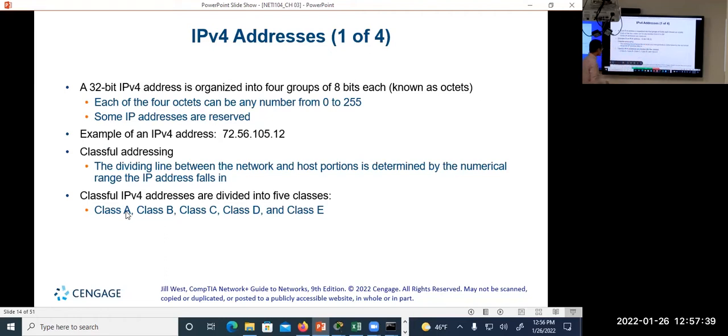For example 56.105.12 here. Okay, so we also have the definition about the class A address and the class B address here. Okay, so